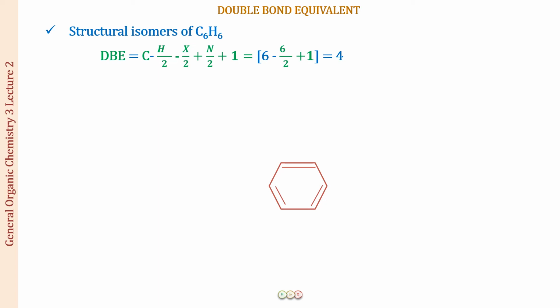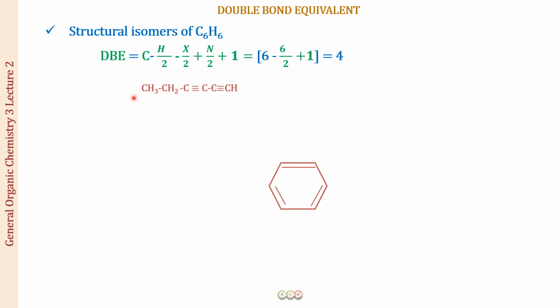what I can think is that this can be a straight chain compound with 4 pi bonds. What are the 4 pi bonds going to be? Well, the first thing that comes into my mind is that they can be 2 triple bonds, because one triple bond means there are 2 pi bonds. So 2 plus 2, 4. So let us draw a structure where we have 2 triple bonds, sorry. It is just like a tongue twister, right?